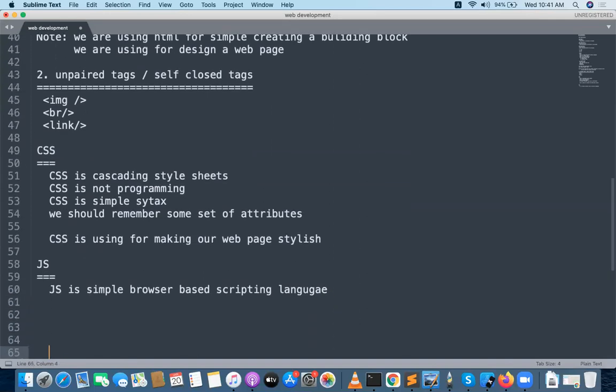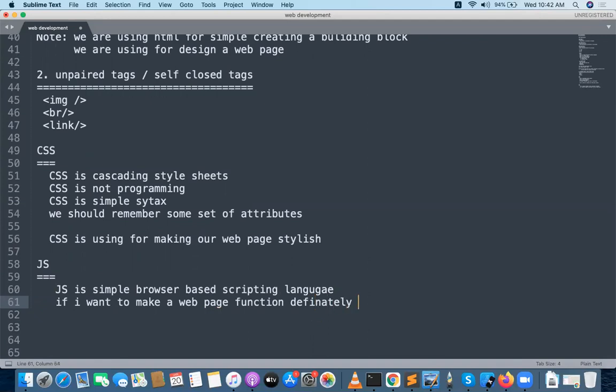JS is a simple browser-based scripting language. If I want to make a web page functional, definitely we need to inject JavaScript.